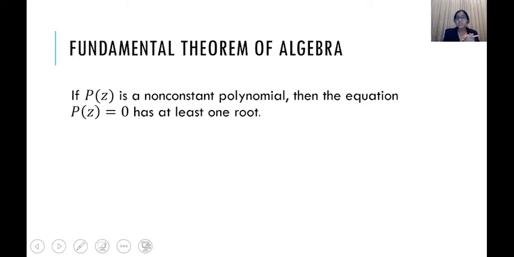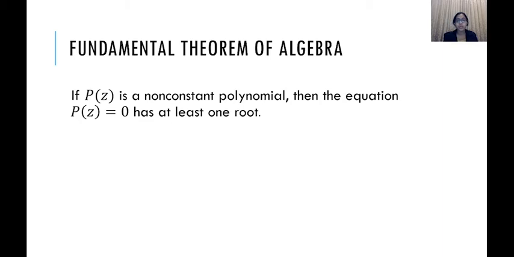This is the fundamental theorem of algebra. This is very important. That is, if p of z is a non-constant polynomial, then the equation p of z is equal to 0 has at least one root. So we have always dealt with polynomial functions and determining their roots, right? And in the beginning itself, how did complex numbers come into existence? It was by determining the roots of a polynomial. So the fundamental theorem states that if we have any non-constant polynomial, that is important,